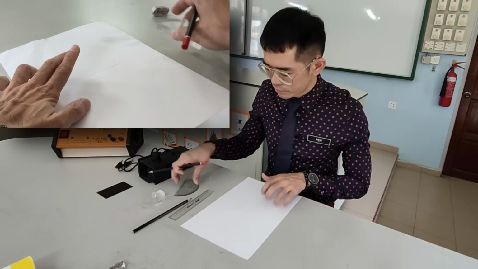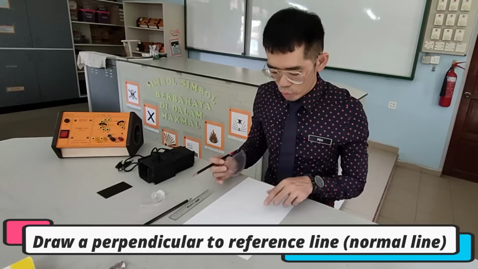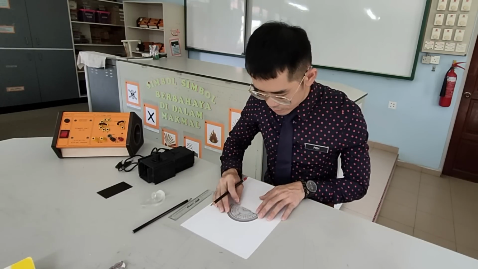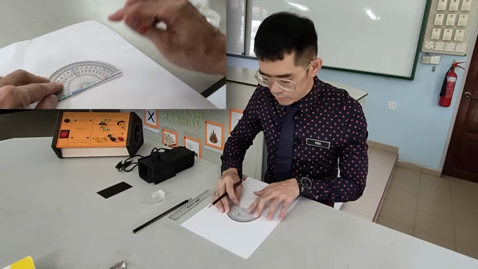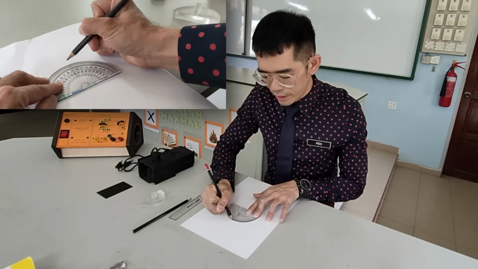And then, using a protractor, draw a perpendicular line to this reference line. Mark 90 degrees. Mark a dot at 90 degrees